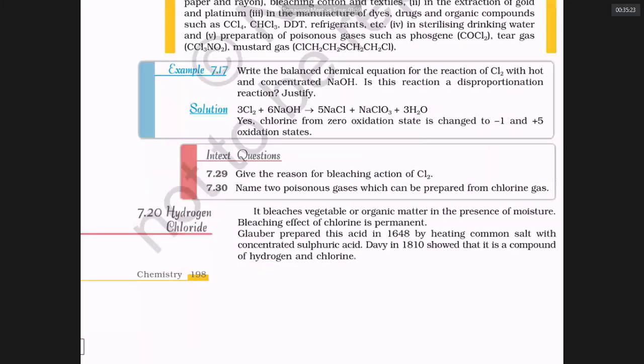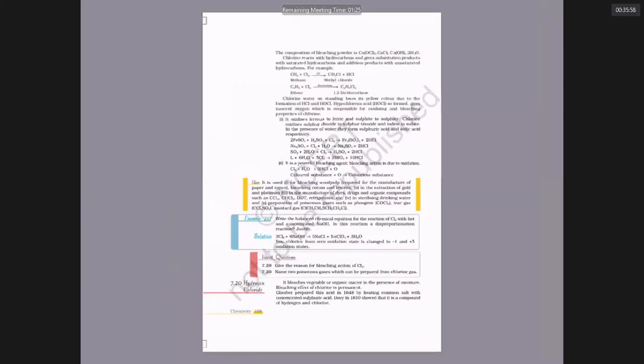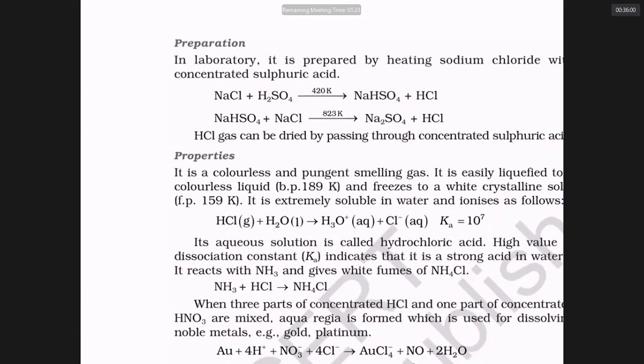Then hydrogen chloride is a very, very important gas. Notice that hydrogen chloride is an acid only when gaseous HCl is dissolved in water. HCl was first prepared by a scientist called Glauber. And Sir Humphry Davy proved for the first time that hydrochloric acid is an acid that does not have oxygen, because in good olden days, they were thinking every acid will have oxygen. Notice that you can happily prepare HCl by taking common salt and adding sulfuric acid.